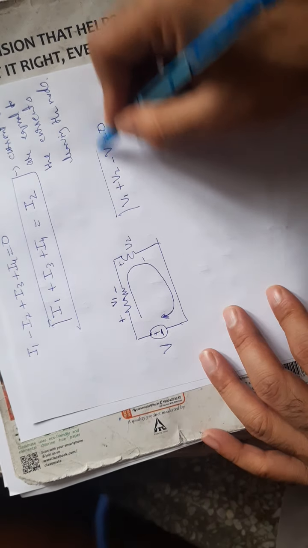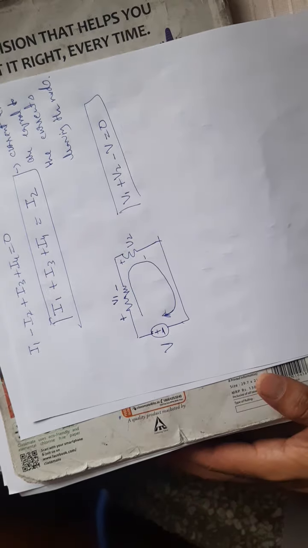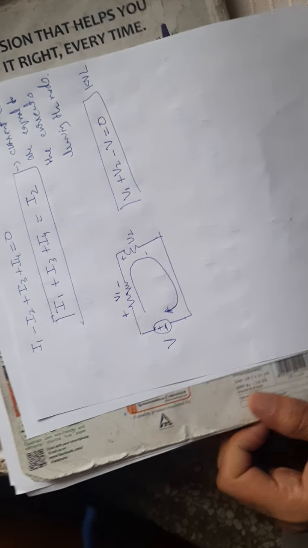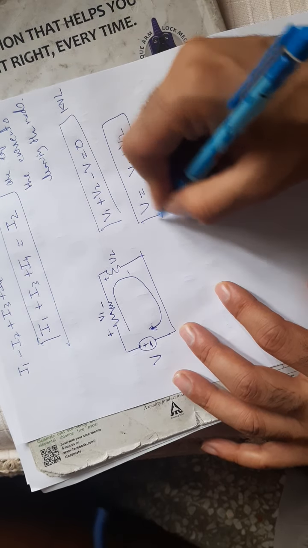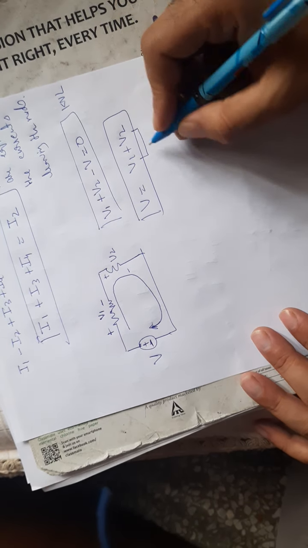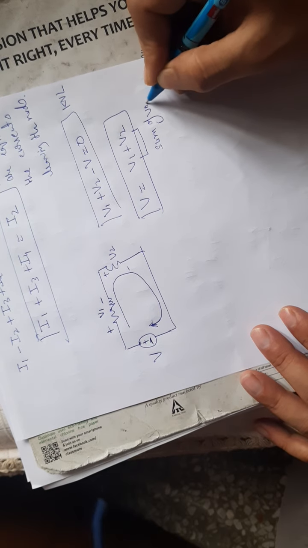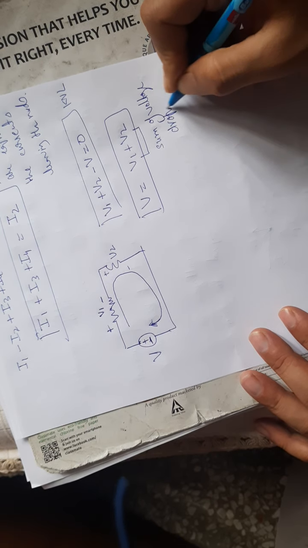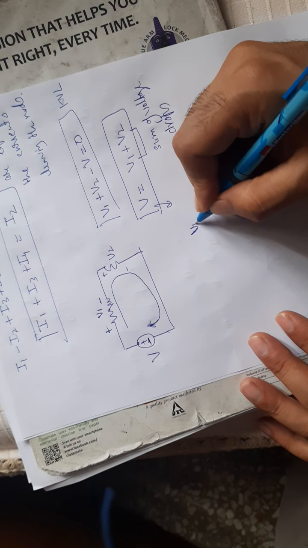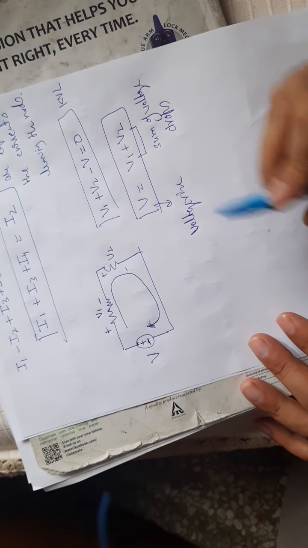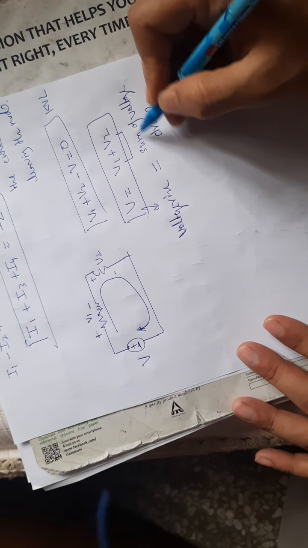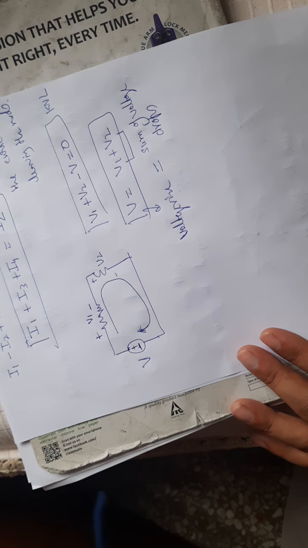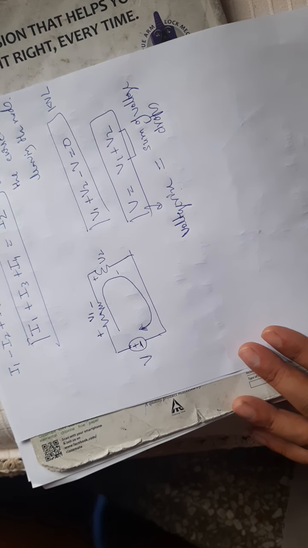So this says that the algebraic sum of voltages around a closed loop is equal to 0. This is KVL. Similarly, I can write it as V is equal to V1 plus V2. Taking these on that side, I will get V1 is equal to V2. So I can say that this is the sum of voltage drops, and this is the voltage rise. Here only one source is there, so only one voltage rise. So KVL also says that the sum of voltage drops is equal to the sum of voltage rises. This is another definition of KVL.